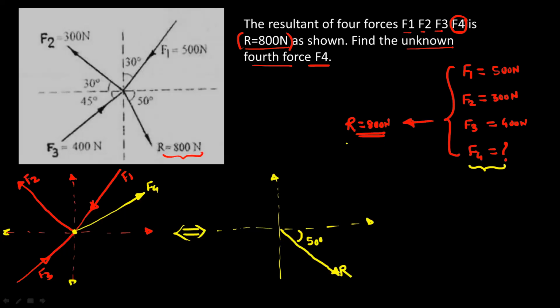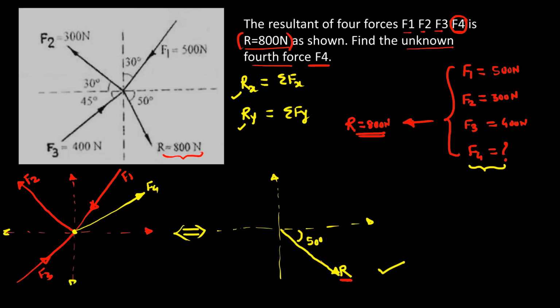So for that, we know that the X component of resultant. So what is X component of resultant? It is nothing but summation Fx. Okay. And the Y component of resultant, it is nothing but summation Fy. Okay. So from this diagram, that is the resultant diagram, can we find out the summation Fx and summation Fy? Yes, we can find out this Rx and Ry. Okay. So for that, resolve the resultant.